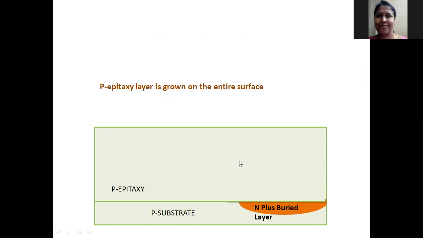What is this epitaxial layer? Epitaxial layer is another silicon layer which has a well-defined oriented molecular structure or crystalline structure of silicon.